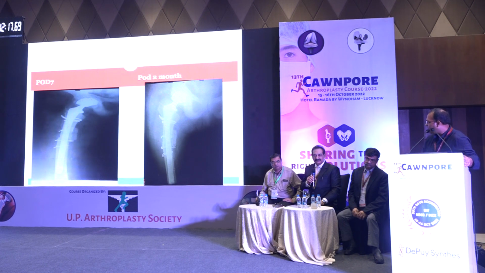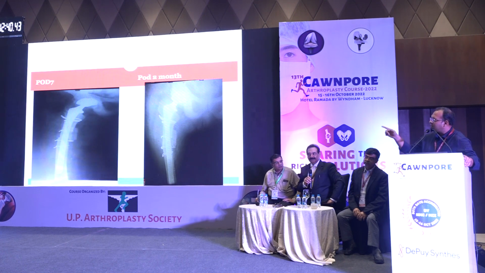I need the help of faculty. What could have been better to avoid this varus? I tried putting it in the center, but again it would take that path. You tried this SS wire near this fragment, tried to hold it, but the fragment was not held. This was a second fracture, when the stem was already in place, so it was difficult for me to go around and do it, and this wire slipped down intraoperatively.